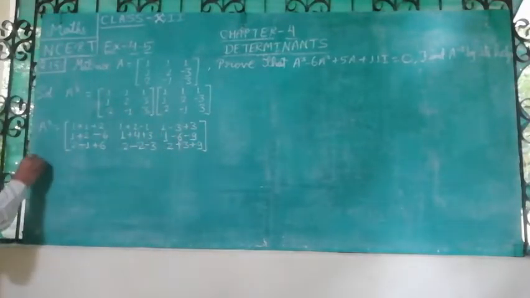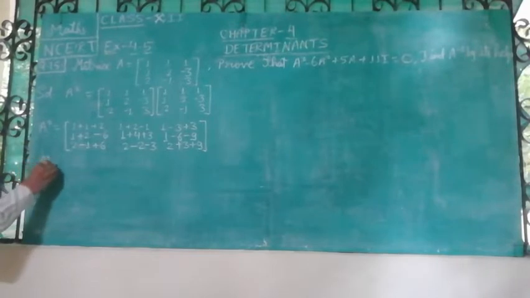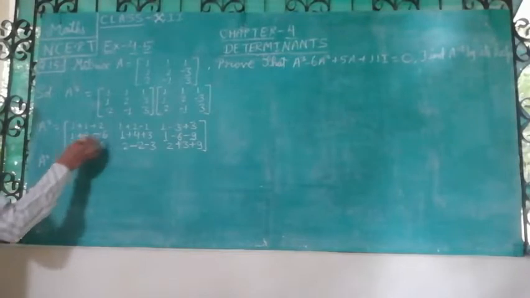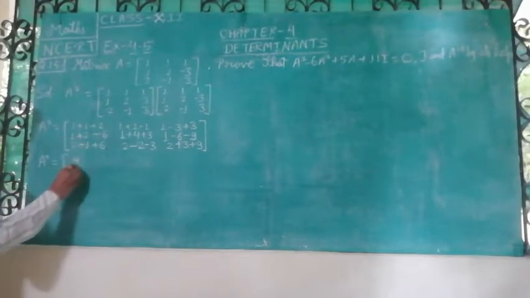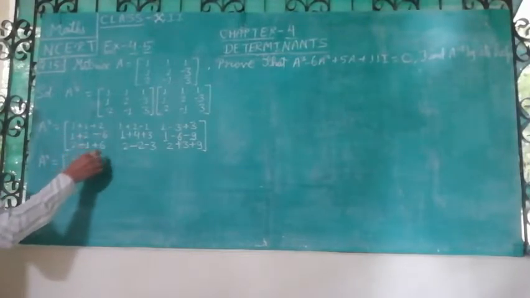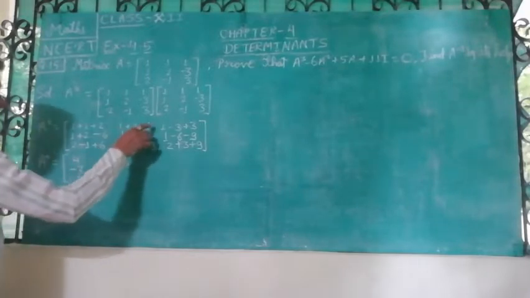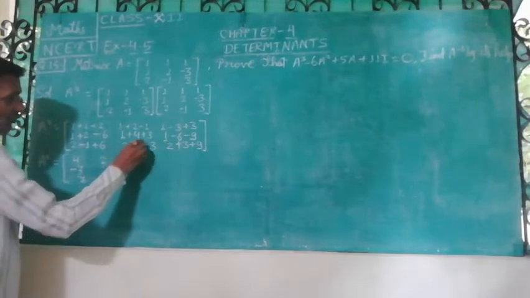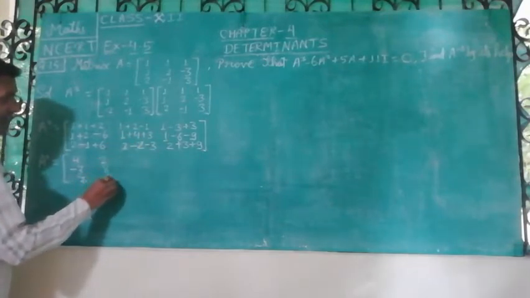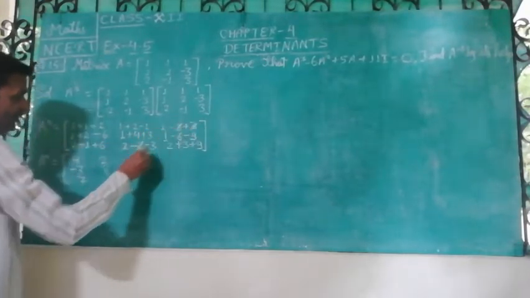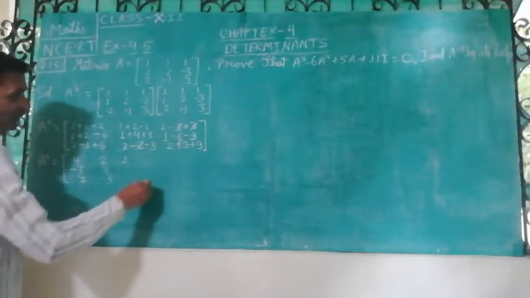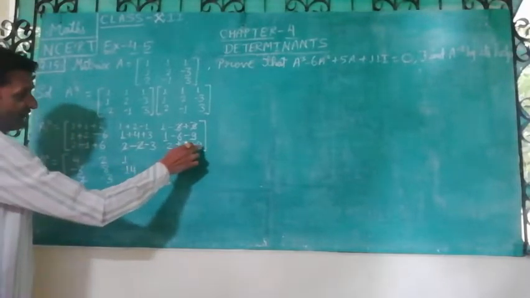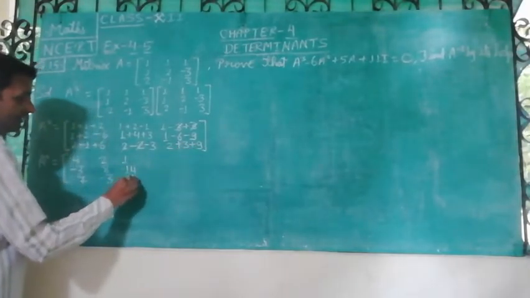So finally, A square is equal to what? A square is equal to this 4, 3 minus 6 is minus 3, and 2 minus 1, 1 plus 6 is 7. Here it is 3 minus 1, 2, and 5 plus 3, 8, and then 2 will be cancelled by this 2. So minus 3 and 3 will be cancelled by this 3. So 1 and 1 minus 15, that is minus 14, and then 2 plus 3, 5 plus 9, 14.